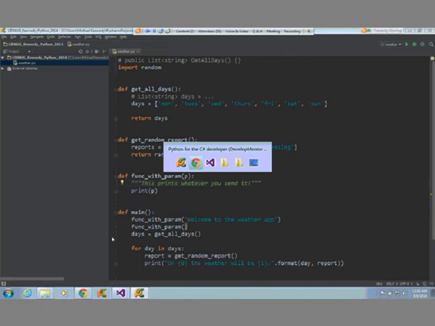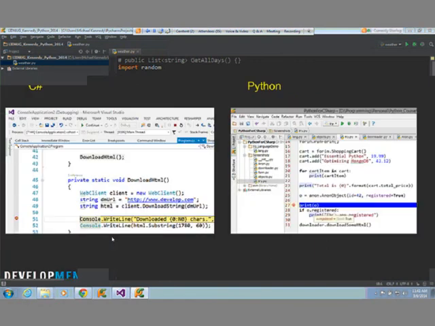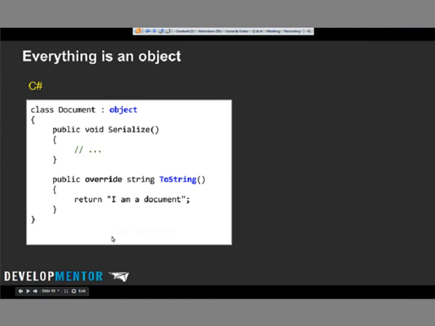All right. So everything is an object in .NET. We kind of take that for granted these days. But if you ever worked in languages like C++, where there are 5 or 6 different types of strings and there's no relationship between them, you know how painful working with things that don't have common base types and a unified object structure can be. Well, luckily in Python, everything is an object as well.